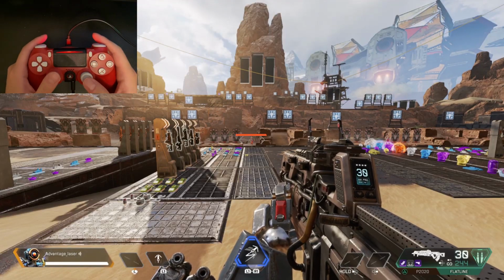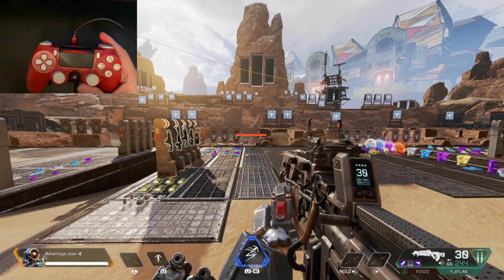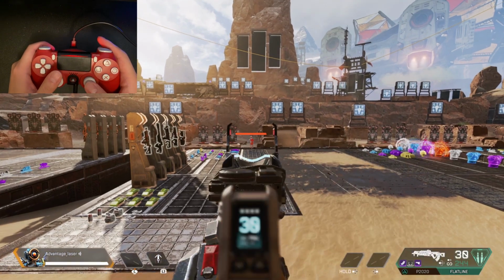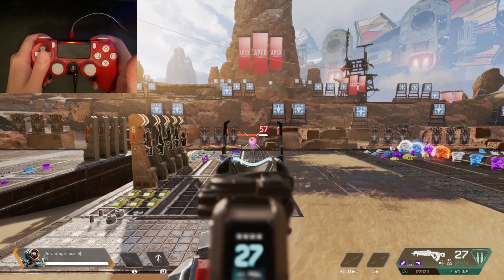Alright, the Flatline is probably the best gun to use if you're looking for consistency across your strike pack for an Apex Legends gun. The reason is because there's no barrel mod for the strike pack, for the Flatline gun. I mean, so with the 1X you can see without touching the right stick,